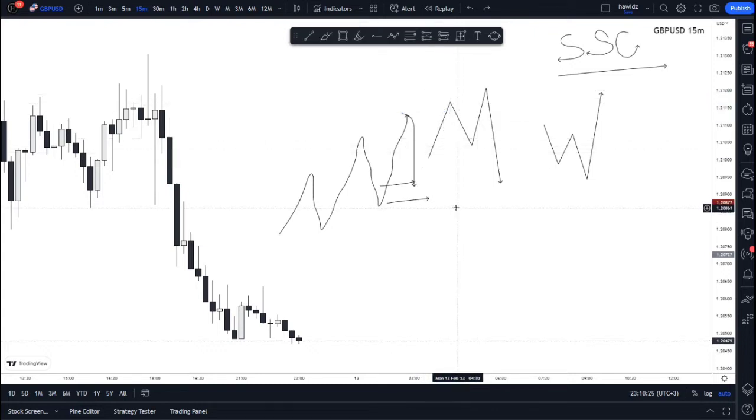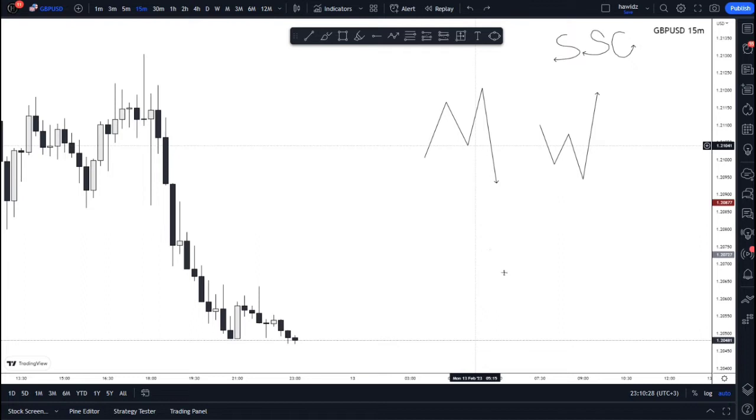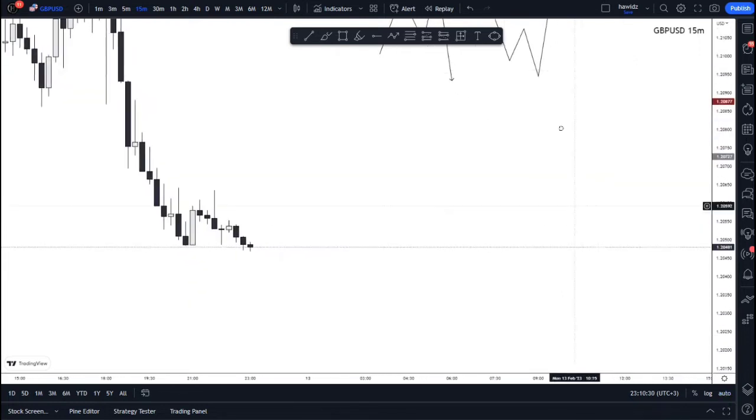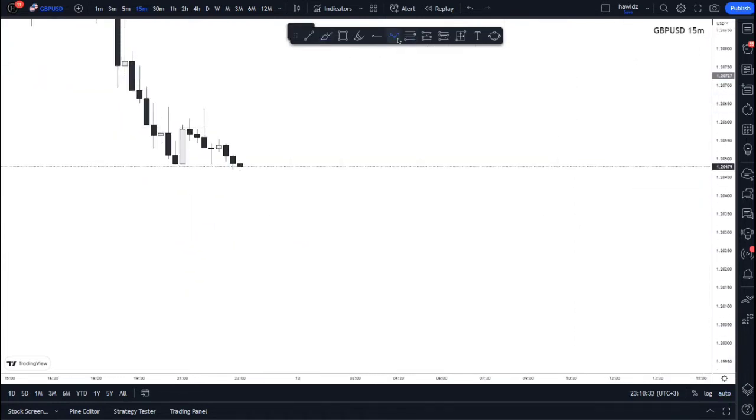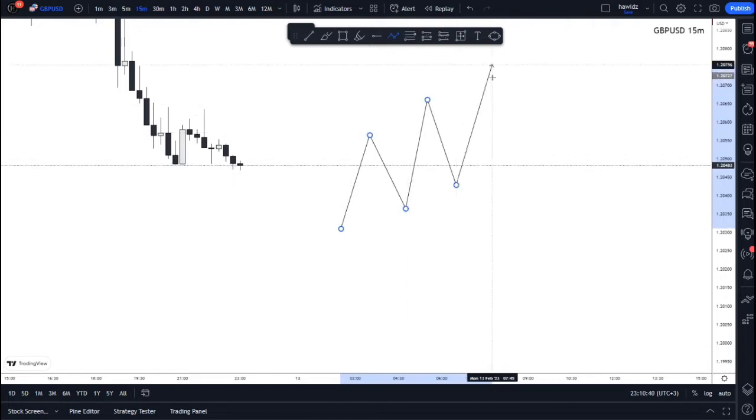Now, lo and behold, what normally happens is that in this area, so let's go a little bit down, in this area here of a retest, before this continuation,